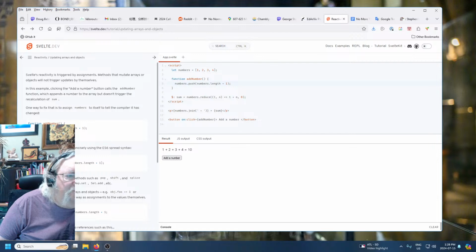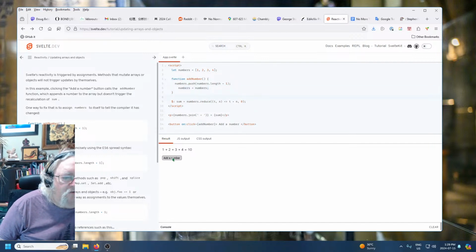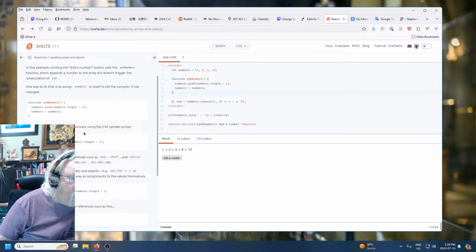But if I recalculate after adding it, numbers equals numbers. Now, see, so I have to redeclare it, I guess. Yeah. Okay. Or you could